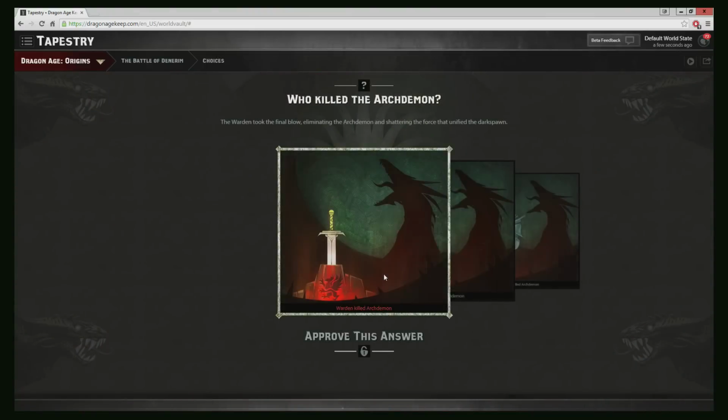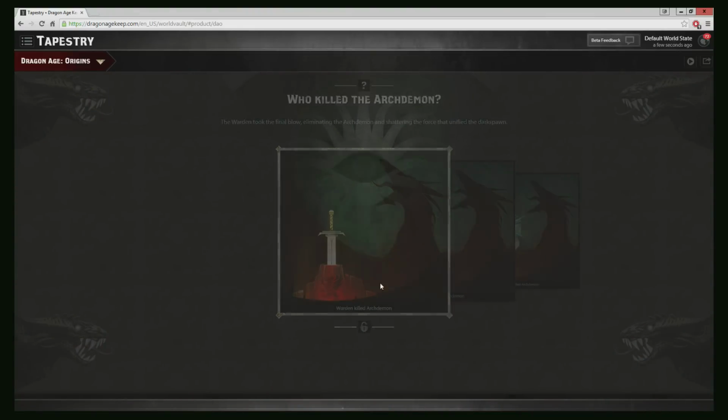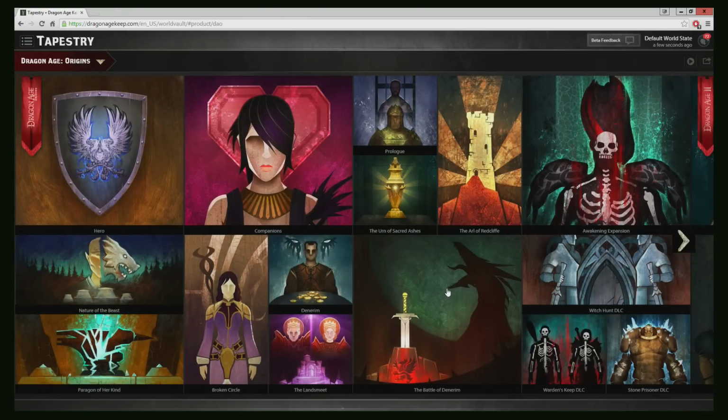The Battle of Denerim. The Warden killed the Archdemon. Yes. That is correct. And what happens when a Warden kills an Archdemon? They both die. It's basically a suicide attack. But because of the dark ritual, which was performed basically by impregnating Morgan, who I had romanced, the essence of the Archdemon, which was effectively a super great dragon, went to the offspring that was still being developed instead of to the Warden, because two souls cannot mix, but yet the offspring could. So, anyway,